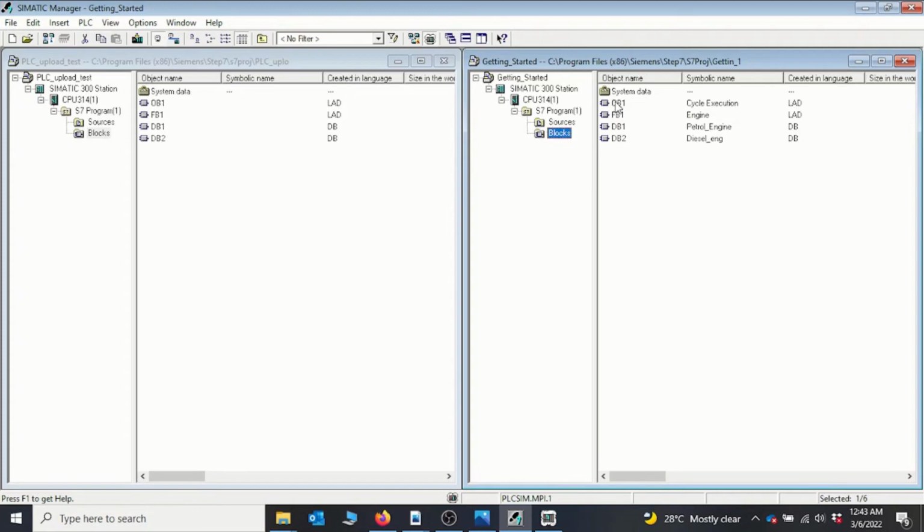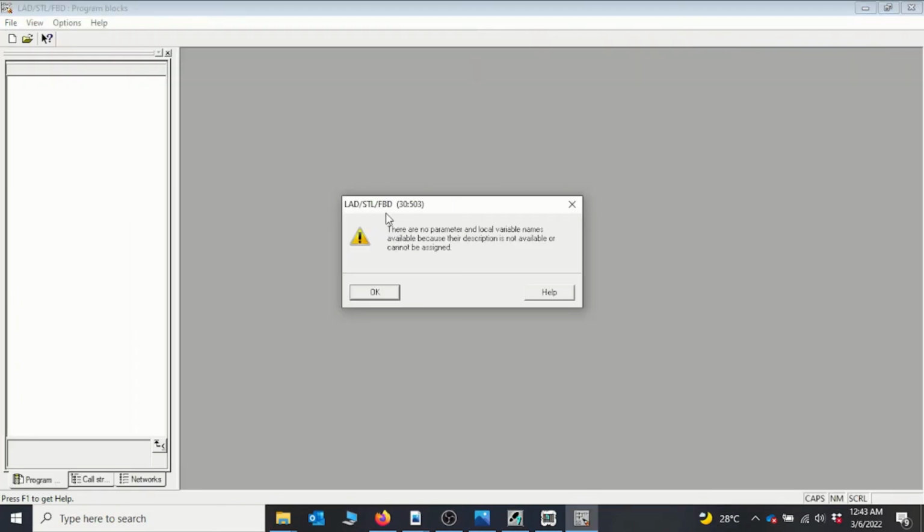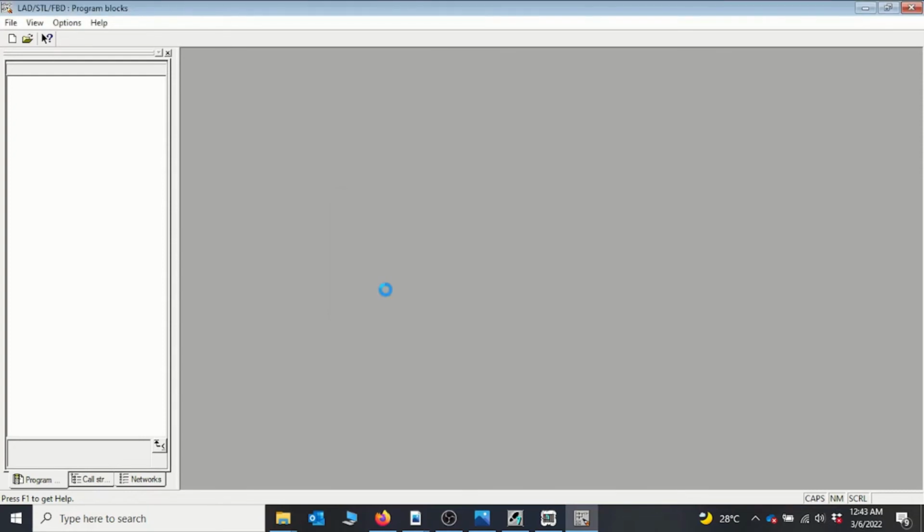So we can see we have OB1 right here. But the only thing missing is that we don't have the symbolic addresses attached to it. And this is basically what happens whenever you upload the program. You will have the full program, but you will not have the symbolic addresses attached to them. So let's open OB1 and then we will observe something. Okay, so immediately it tells me that the project will open okay, but there are no symbolic addresses attached to them. I will say okay,